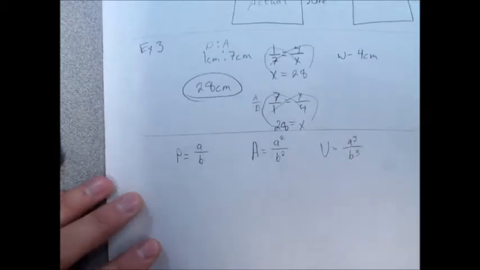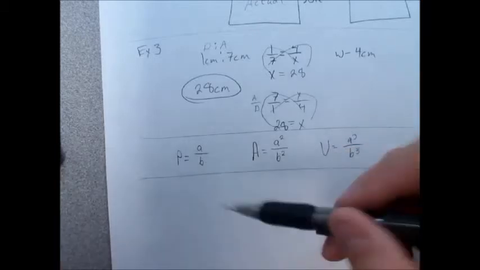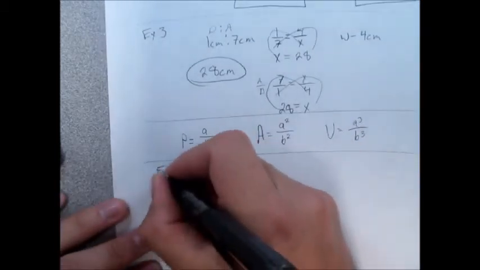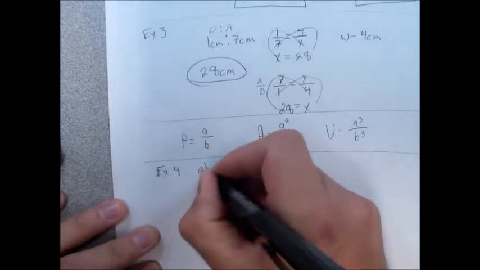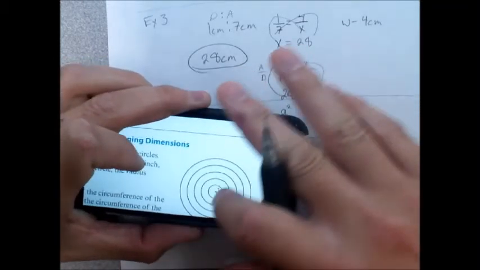Okay, so I have to compare them as volumes to volumes, areas to areas, and perimeters to perimeters. I can't go around that. Okay, so example 4a asks us, what is the ratio of the circumference of the two inner circles to the circumference of the outermost circle of a dartboard that is composed of concentric circles, just meaning inside of each other, right there, concentric